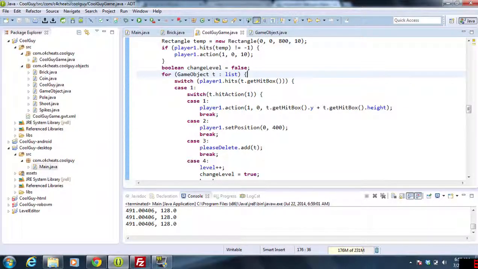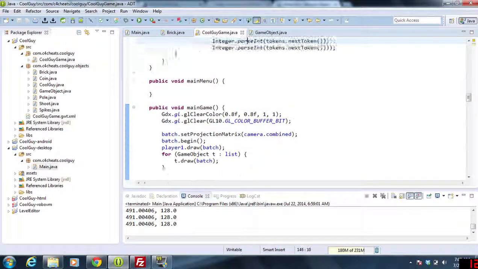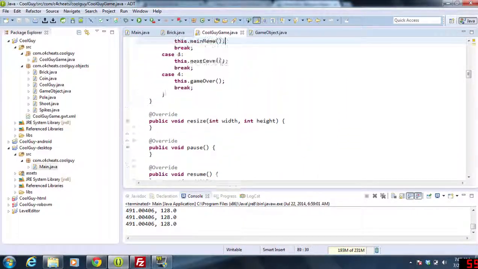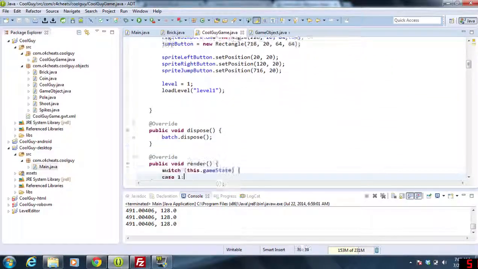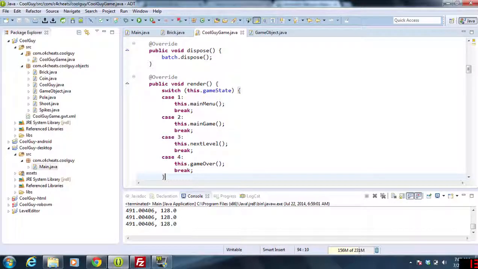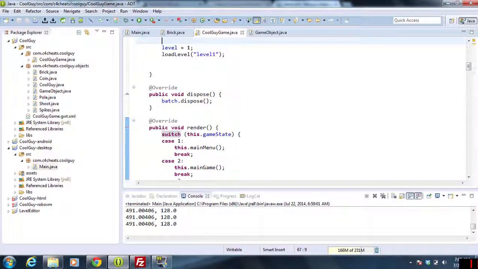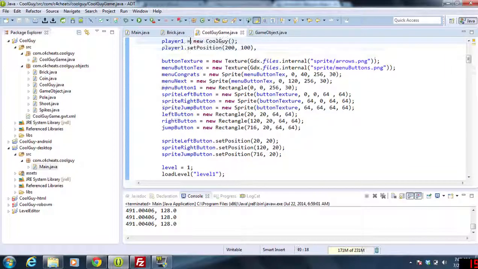In this segment, what we're going to be doing is creating the home screen, or the main menu screen, and then clicking to actually start the game. So the way we're going to do this is we're going to come all the way up to the top. Remember, last time we ended up replacing render with these switches. So we have main menu, main game, next level, and game over. We haven't done game over or main menu yet. So we're going to come all the way up to the top,